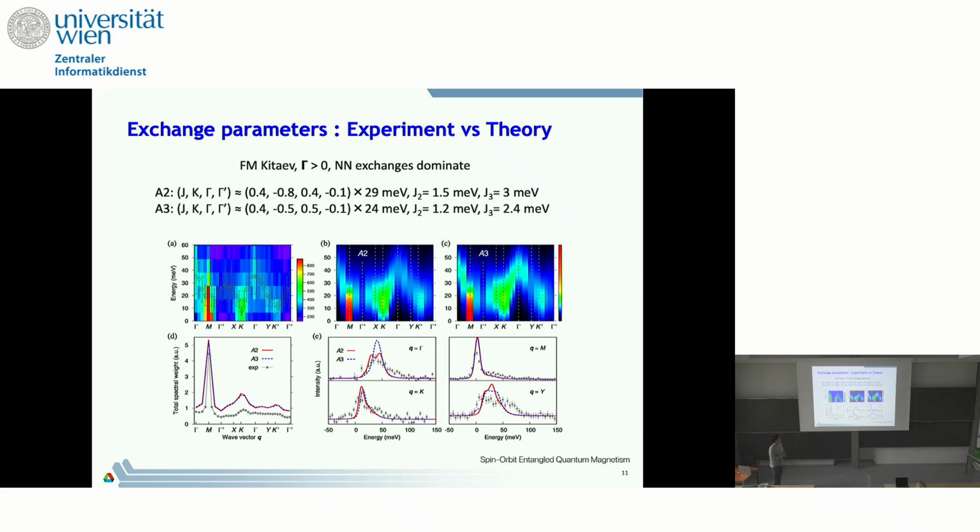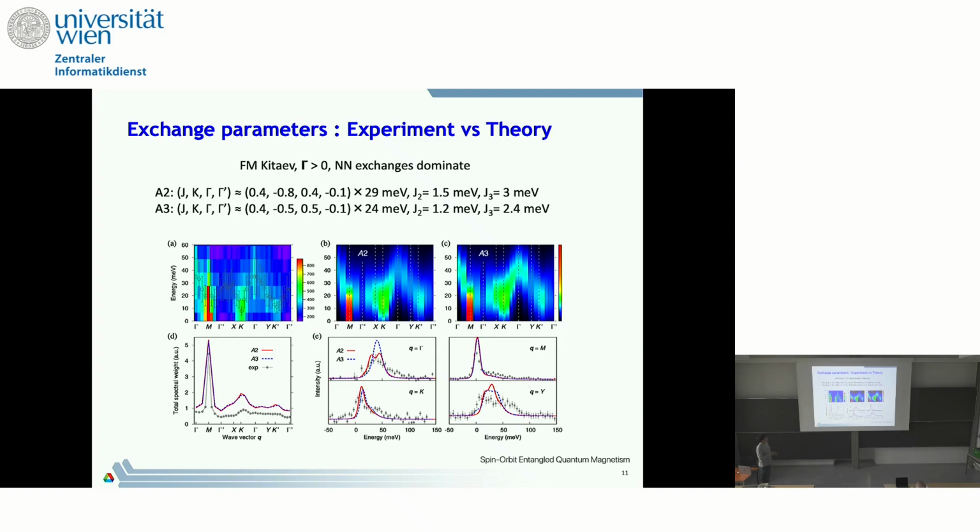I'd say this comparison is not quantitative; we just look at the spectrum and see which one is similar. We chose this two-parameter set, which is close to what we measured, and the values are about like this. The thing is, it always has this J2 and J3, which are small but very critical, and those make it a long-range order.